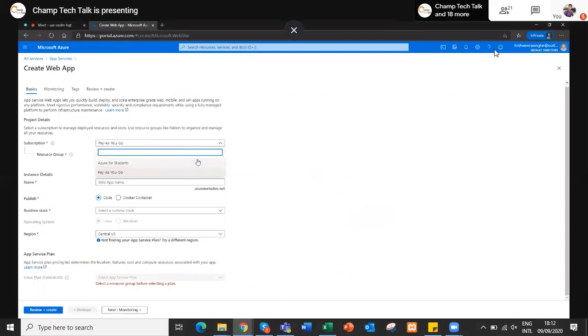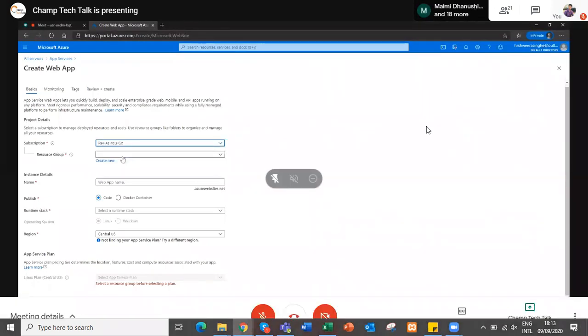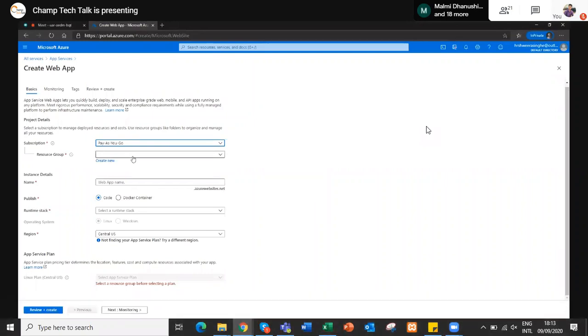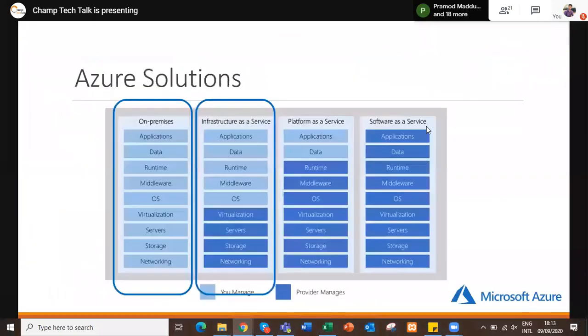What we can do is create a new resource group. I'm selecting my subscription, and we have something called a resource group. This resource group is a container that holds resources for an Azure solution. This is again a logical container, so it's going to hold all your resources. To give you a brief introduction about resource groups, if you check the slide set,